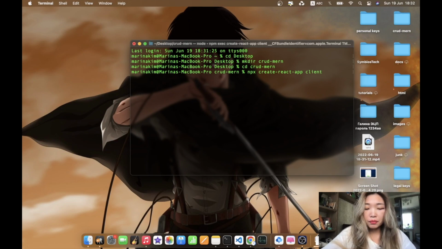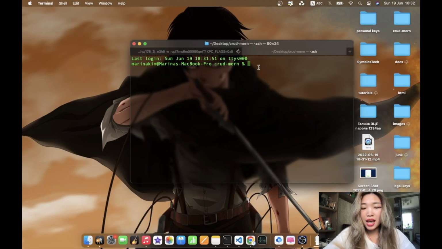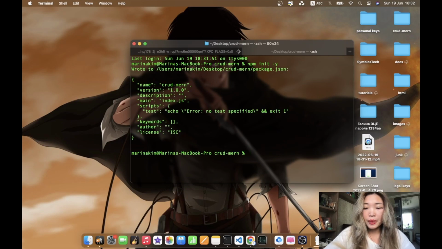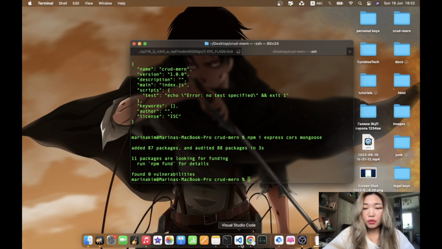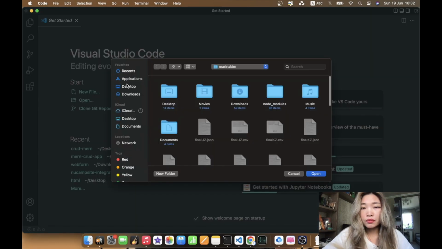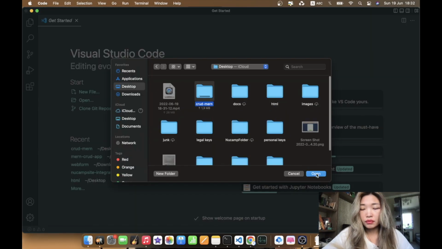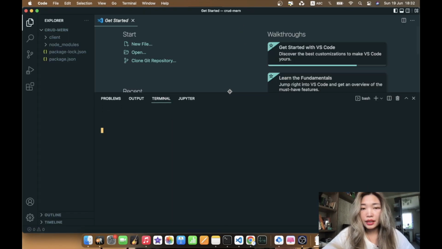While it's installing, I'm pressing Command T to open a new window in terminal, and here we will npm init with all default values. Okay. After that, we will install only Express, CORS, and Mongoose. Okay. Let's open this folder in VS Code now. Open our terminal here, and let's